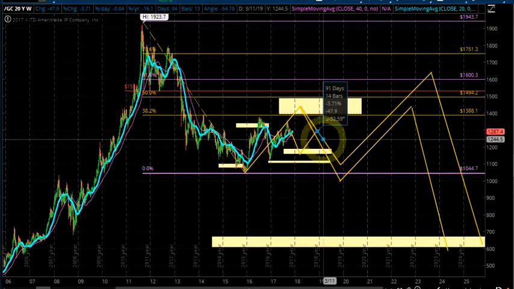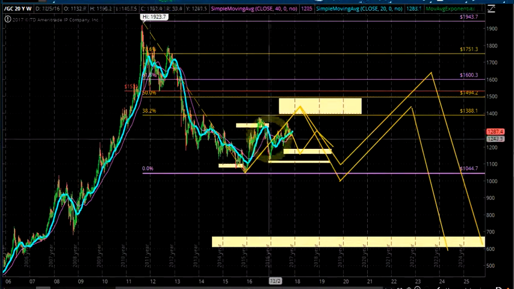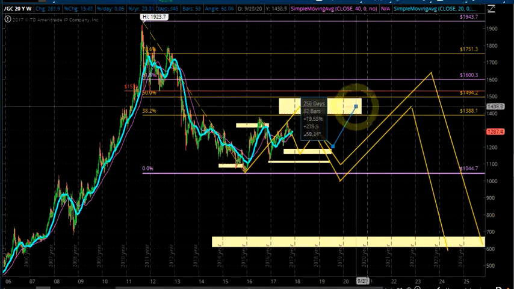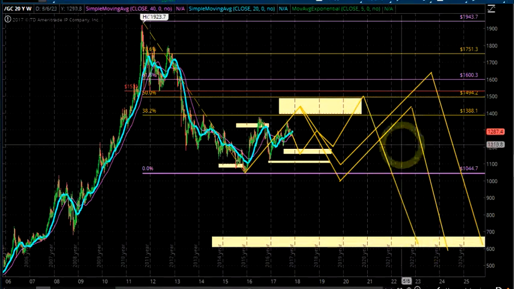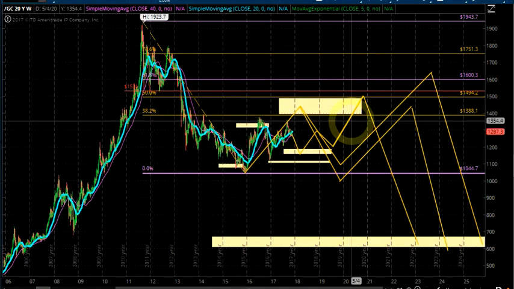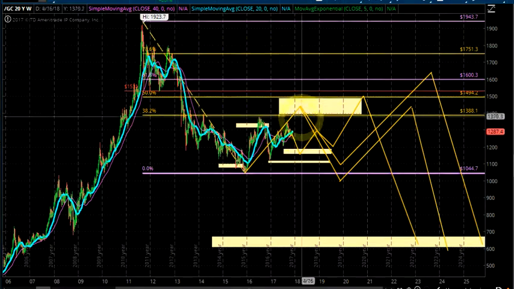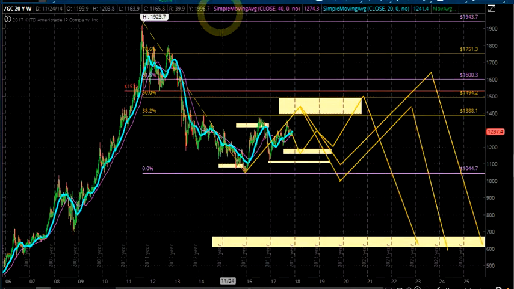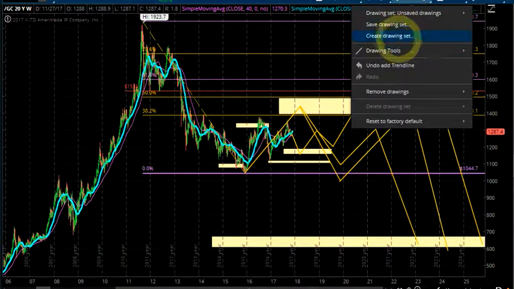So a triangle could be something like so. I hope this isn't confusing anybody. So A, B, C, D, E, and then up and C, and then down. So these are all different scenarios that gold could follow. They all do basically the same thing, except the extremes inside here are different. And I would expect silver to do something similar. We don't need to go draw the different silver options, but